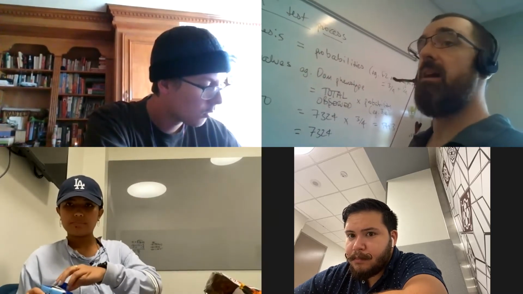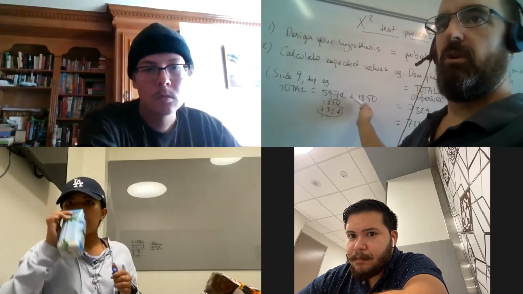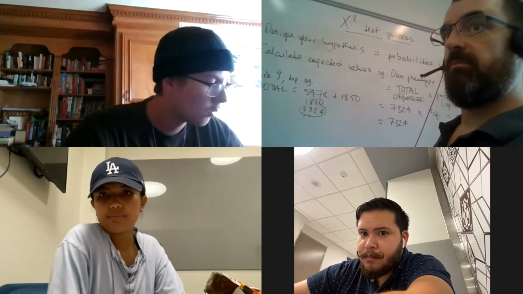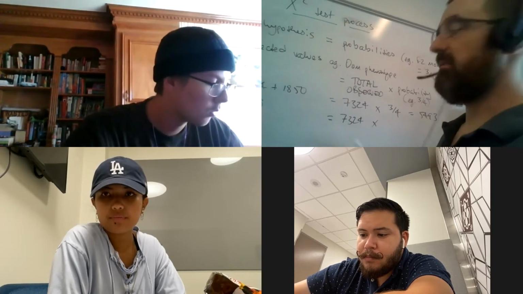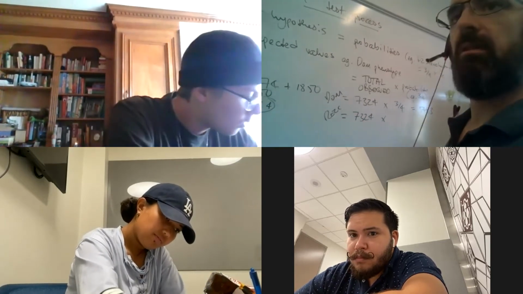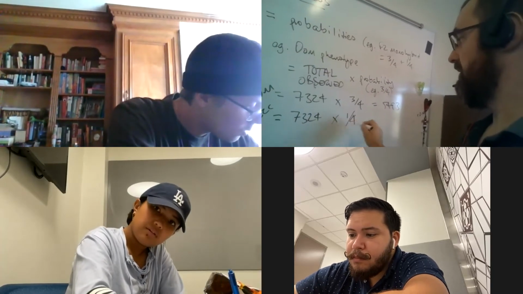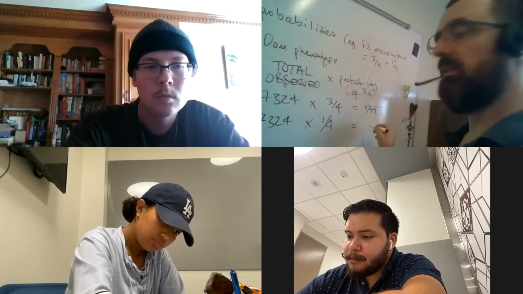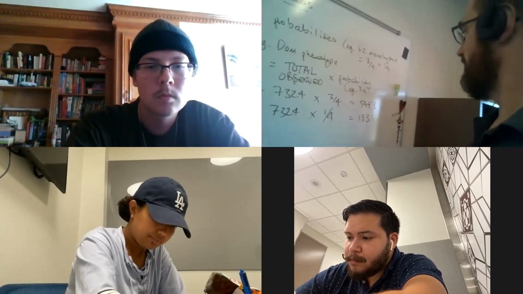Doesn't matter how many different individual classes or phenotypes we've got. You use the same total for every single one of them, right? And so the other probability, the probability of getting a recessive, I should probably add that just to make things crystal clear, is the total times quarter, which, as Lindsay put, is 1831.